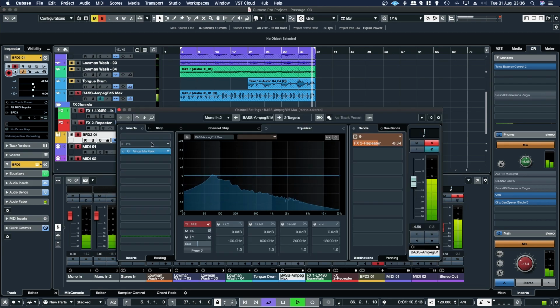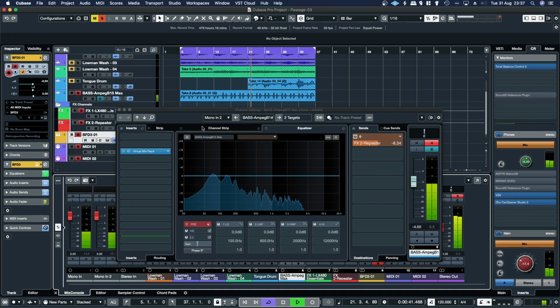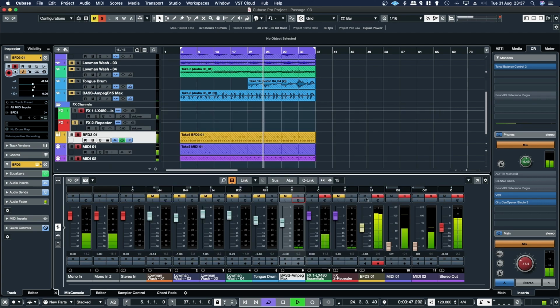So I've got the bass. On the smooth setting. Really nice on bass guitar. So if I unmute that and